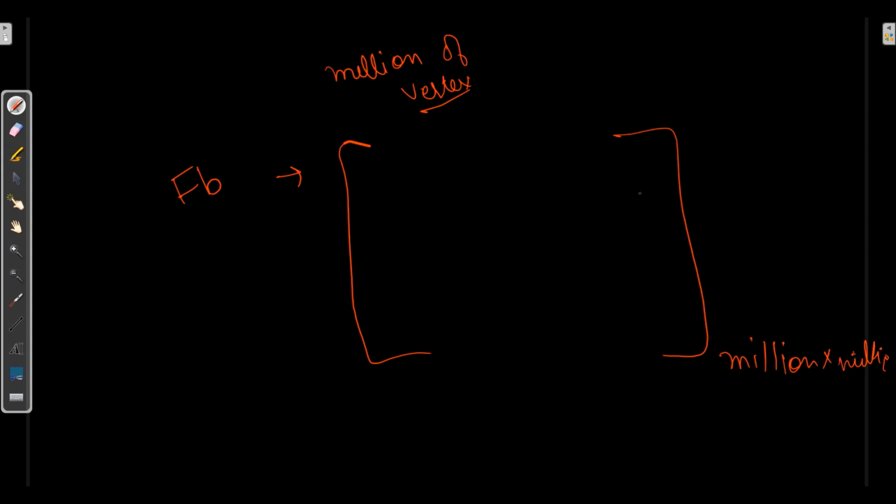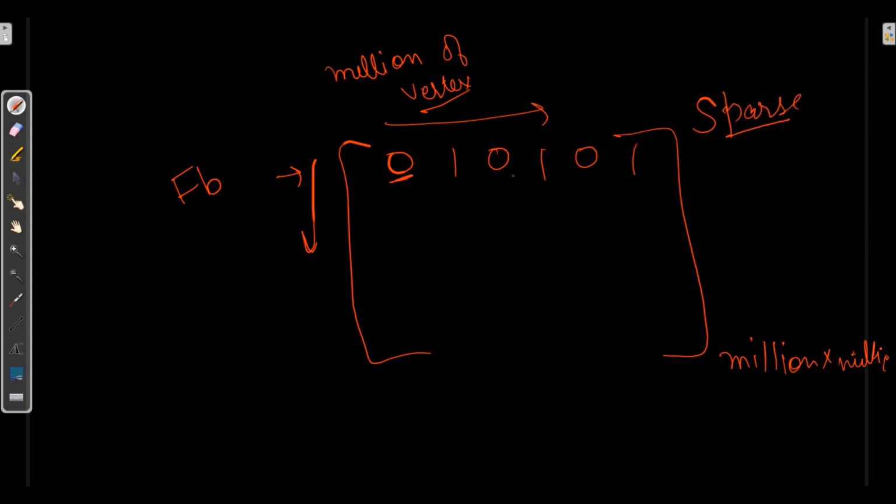You can imagine we need to keep million rows and million columns with zeros and ones. The matrix will get more sparse because there is little data. Now we have data 0 also, which is completely waste, as we are not needing this 0. We just need one value over here.